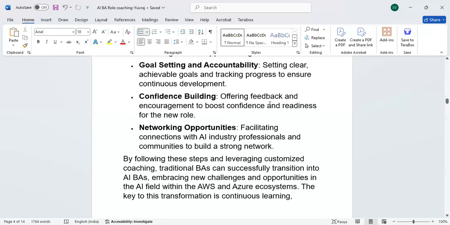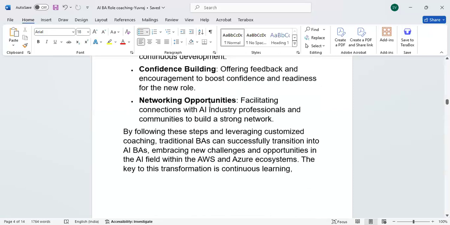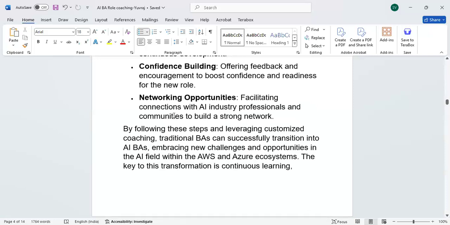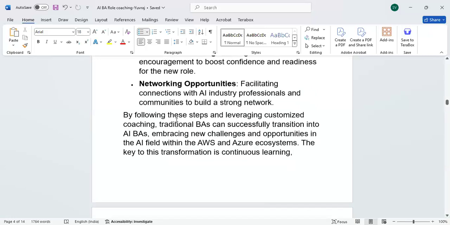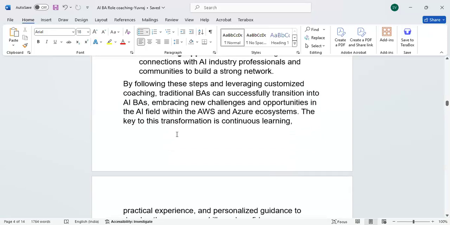Confidence building: offer feedback and encouragement to boost confidence and readiness for the new role, which is the AI BA role. Networking opportunities: facilitating connections with AI industry professionals and communities to build a strong network. Like LinkedIn, there are groups also. You have to participate with some postings, such kind of thing.